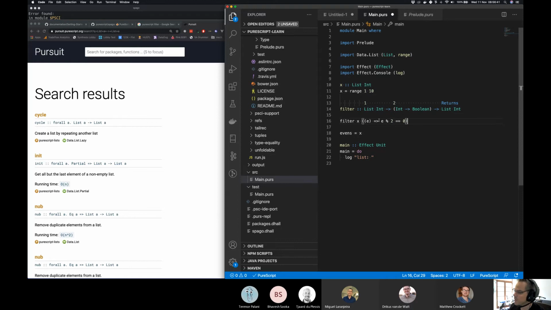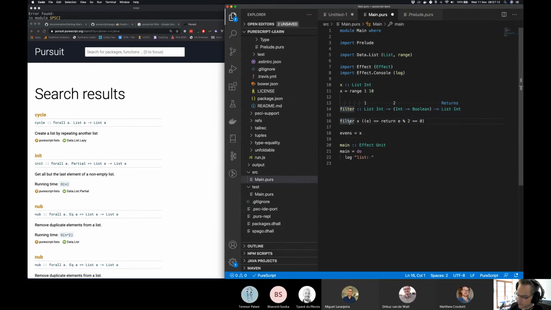That would find my even numbers. So filter is going to run through the list of ints, and for every int, it's going to execute this function. And you're going to return, sorry, I could make this more terse, that element modulus 2. If that's 0, that's an even number, right? So that would be true or false. So this function returns true or false. Happy with that? Yep. And it returns an int list.